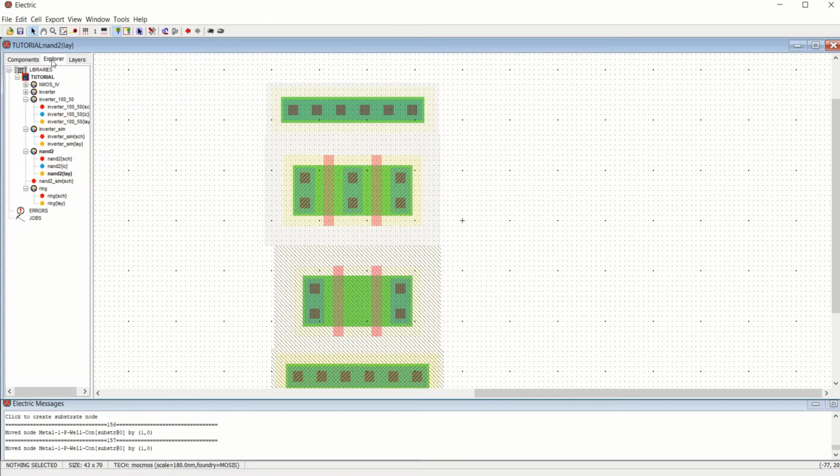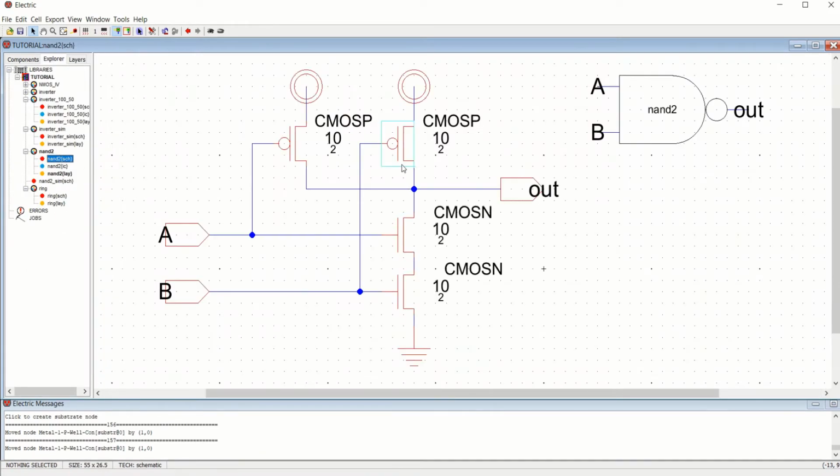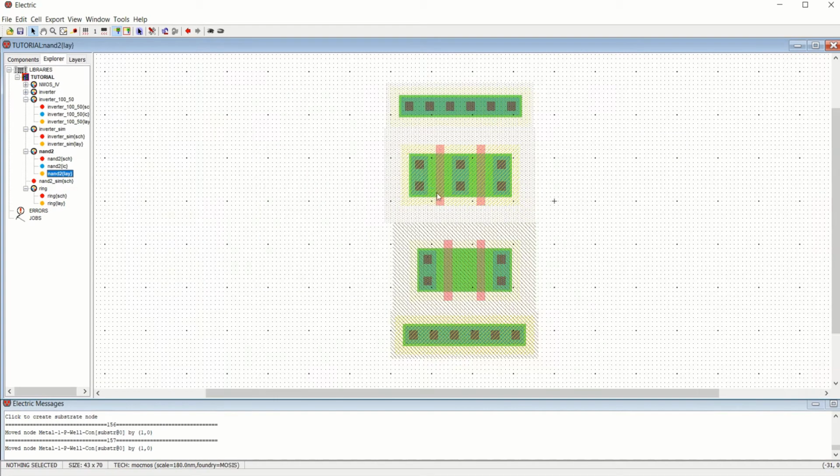If you see the schematic, both the gates of the transistors are connected. One you have to choose it as A, other one as B, and you have an output. The two sources are connected to VDD and two drains are connected together. So by using the same logic, I am performing the layout. That means if I take this as one source, the other source I am taking here, because the drains are connected together. So both the drains are connected together as a single here.